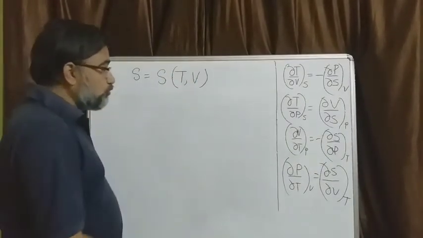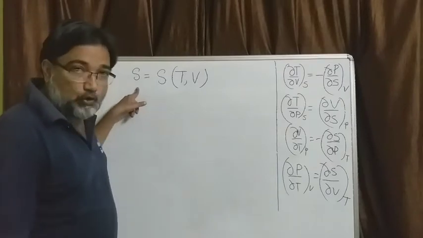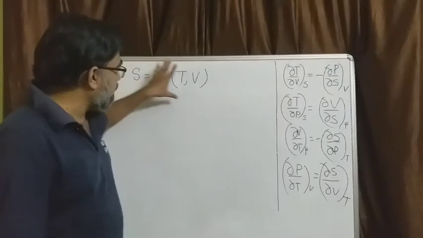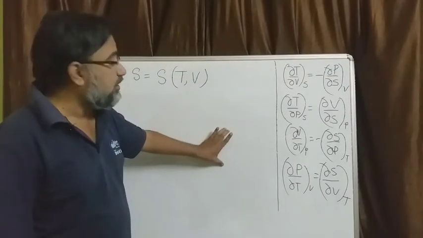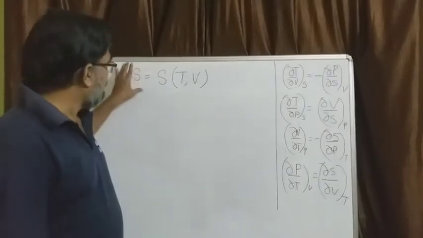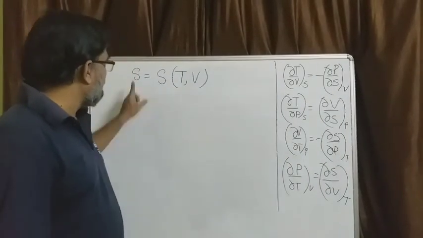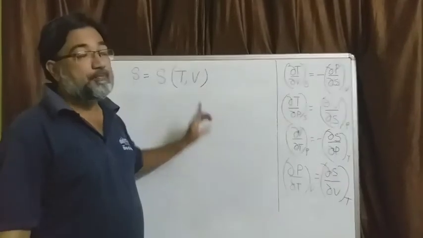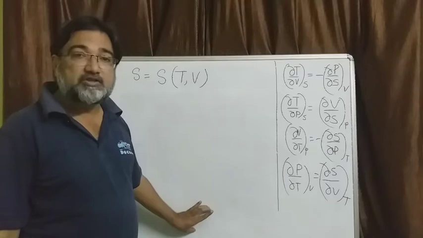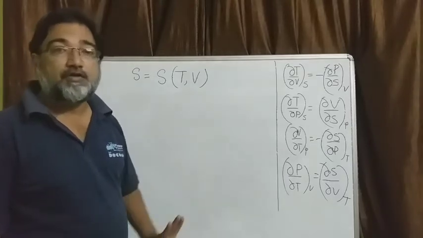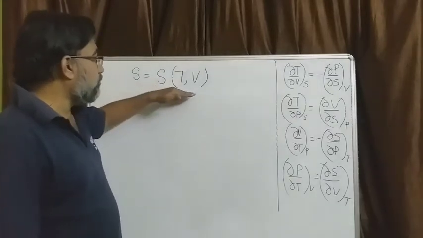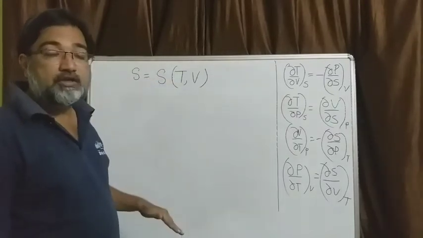And next I am going to do by writing entropy as a function of temperature and pressure. From this initial statement I will come up with a final statement. It has got some name. Then with the second statement, S is a function of temperature and pressure, I will again come up with another mathematical statement or expression or correlation which will also be given another name. Okay, so always try to remember where from the derivation starts.